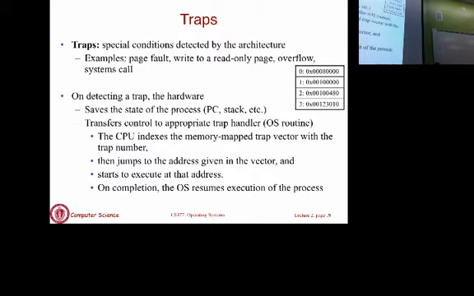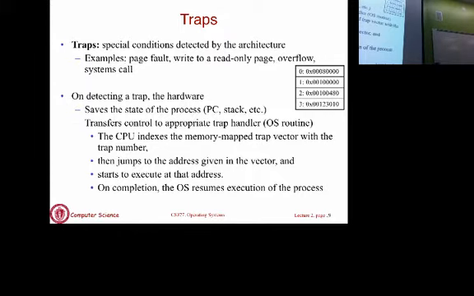So there are these hex values here. Each hex value is a memory address that says if trap 0 occurs, jump to that region in the kernel, and that's where you have the function that will handle it. Okay? So if you make a system call to do certain things, you will index into this table, figure out what system call was called, and go to that memory region and execute that system call.